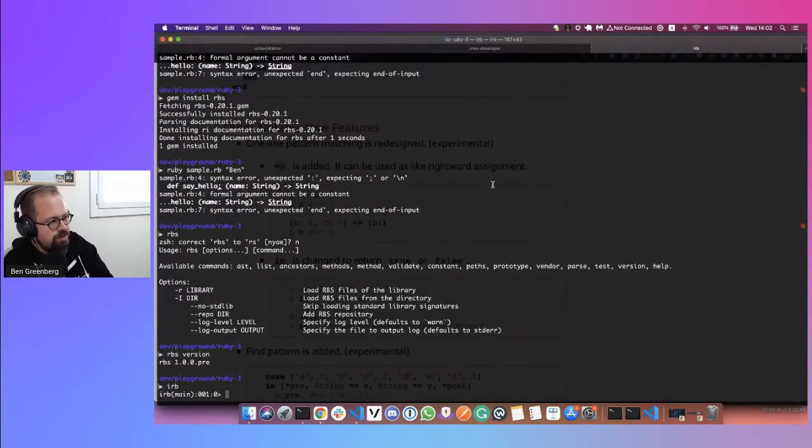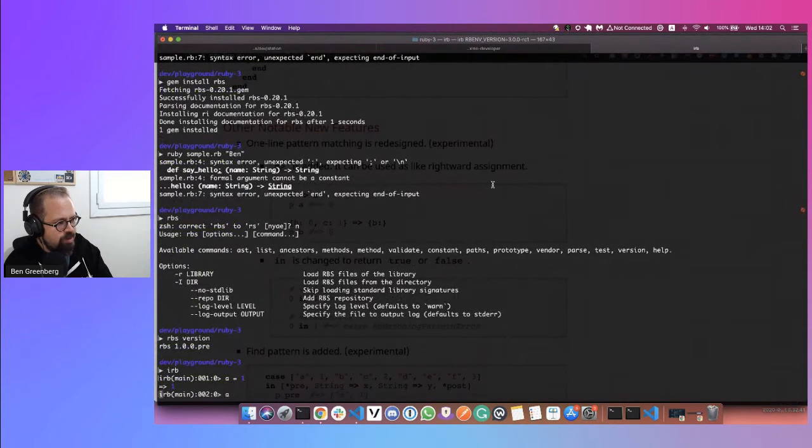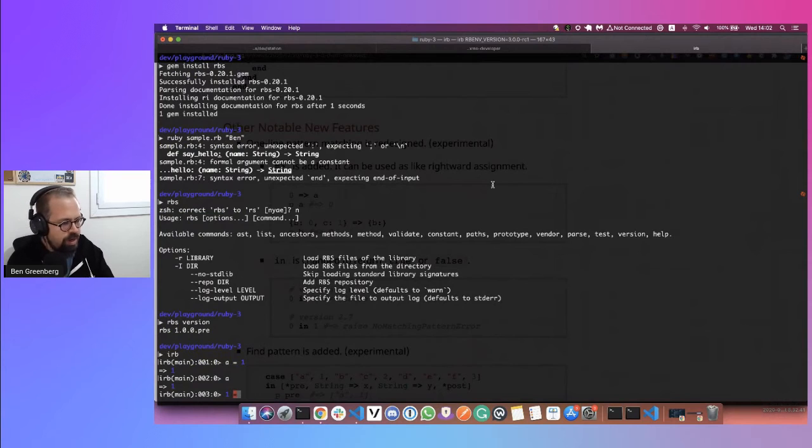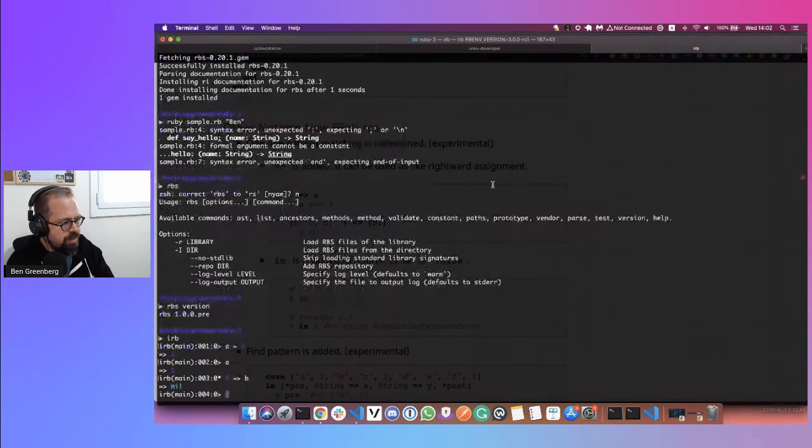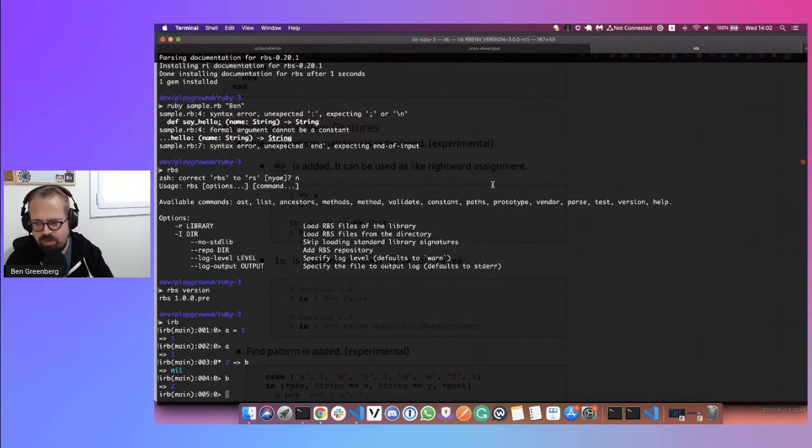If we open the Ruby 3 IRB again, we know that A equals 1, right? So now what is A? A is 1, right? 2 into B. B is now 2, right? So this is leftward assignment. You start with a variable and you give it its value. This is rightward assignment. You start with a value and give it its variable. I don't know why that's important. I genuinely don't understand why we need to have that, but it's there. It's now in Ruby 3. Do with it as you wish. Rightward assign to your heart's content, but it is there.